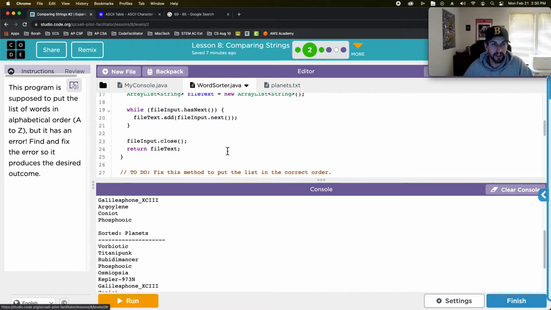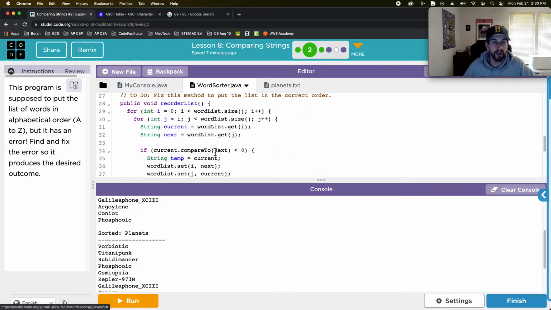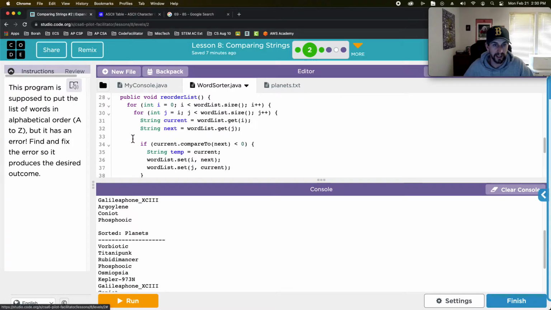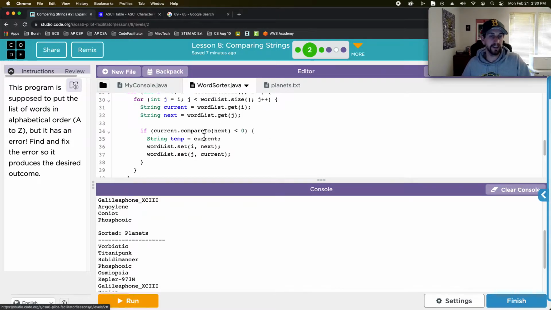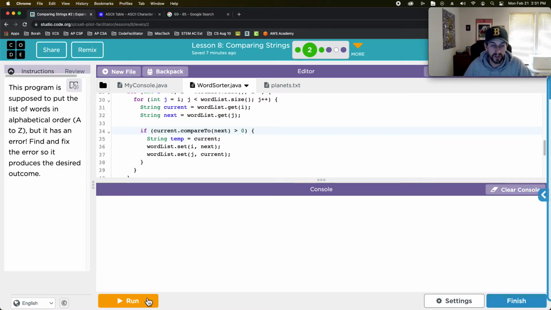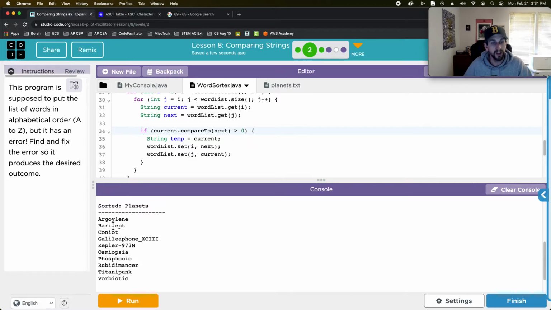So let's look at the reorder list. Okay, to do: fix the method to put the list in the correct order. So I see that we are looping through word list, and it says string current equals word list.get I and string next equals word list.get J. So current.compareTo(next), and it's saying that it is less than 0. So let's see what happens when we go greater than 0. And I'm going to clear that and run this. And I see that now we have A, B, C, G, K, O, P, R, T, V for the sorted